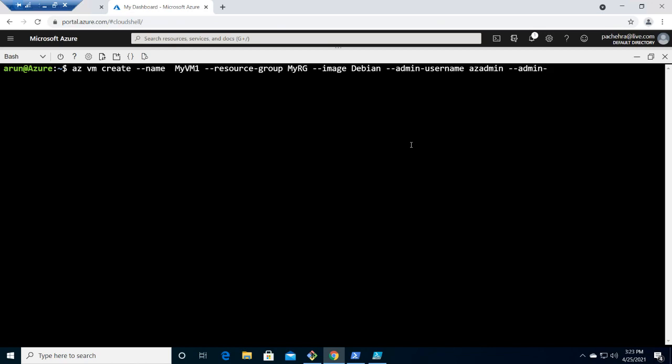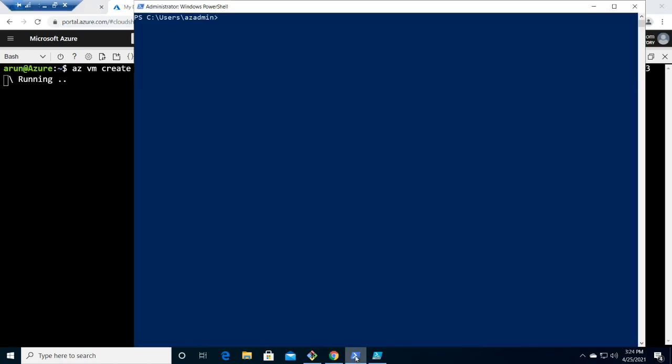You should not do that, but why I'm doing it is because of the time constraint. I'm just trying to create as soon as possible so that I can move ahead and show you on PowerShell as well, and also the portal. So we have given the minimum information here. However, you can also go ahead and give a lot more information. Now it's running, and it will give you the output in JSON format, as Ashish mentioned at the beginning. So meanwhile, let me quickly open my PowerShell.